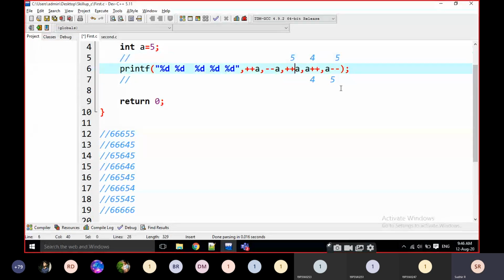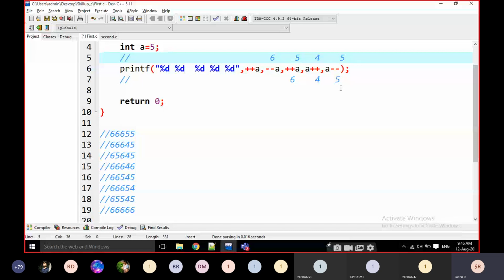Okay. Then this is a pre-increment. Pre-increment means 5 becomes 6 and 6 is printed. Is there any pre here? No, there are no pre operators, so 6 is forwarded to the next statement. This is pre-decrement.